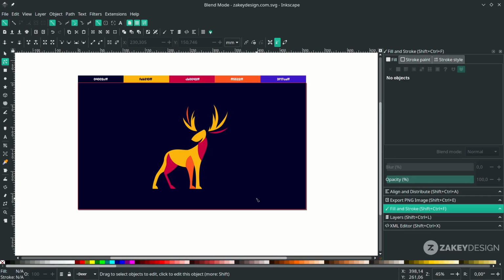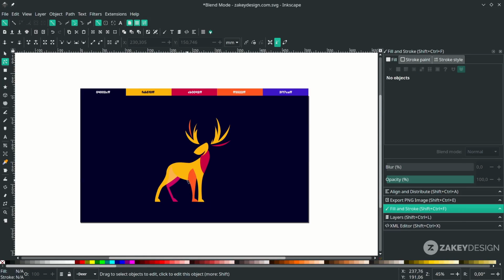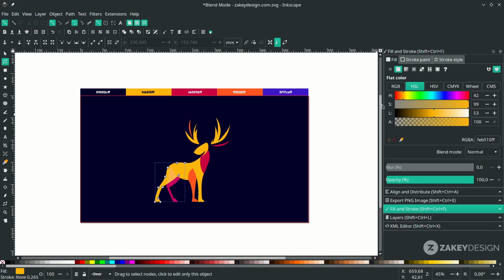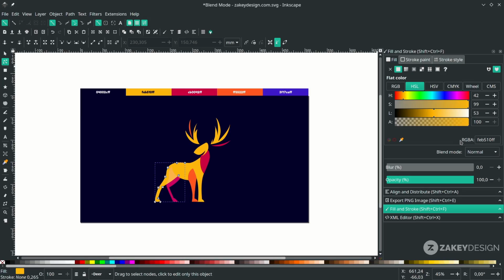Now the fun thing begins. We're going to create a blend mode by clicking the shape first. Sample this and change the blend mode to screen, for example. For your information, the blend mode in fill and stroke is different from the layer's. If you change the blend mode in the layer, it will change all the blend modes in this layer. So we're not going to use the layer blend mode, but the blend modes in fill and stroke.